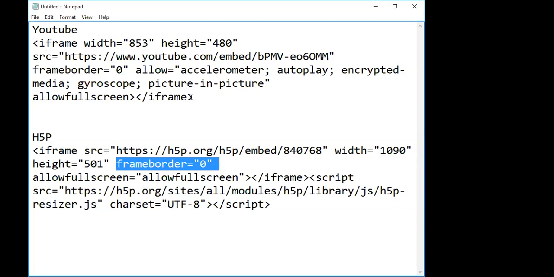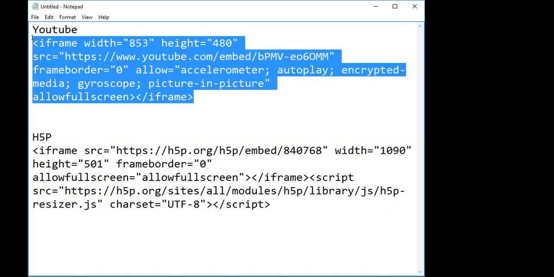Let me finish. So here is the embedded code. I just select this one that I collected via YouTube, and below is via H5P. So again, I just copy that embedded code, or I can directly go to YouTube and collect the embedded code.